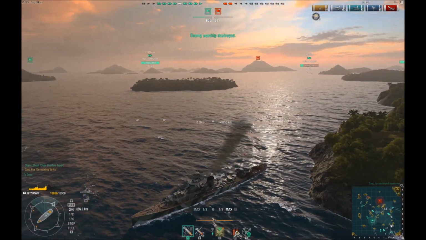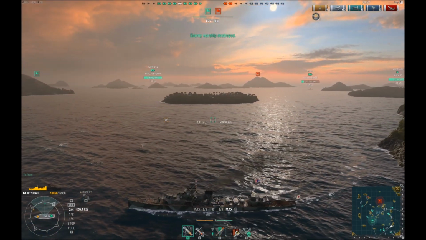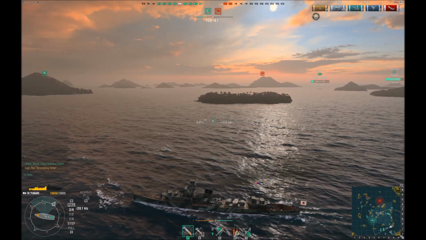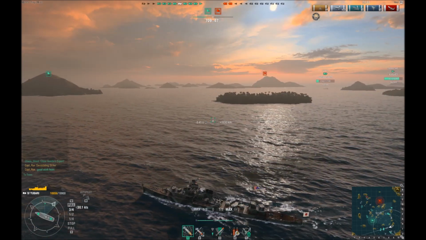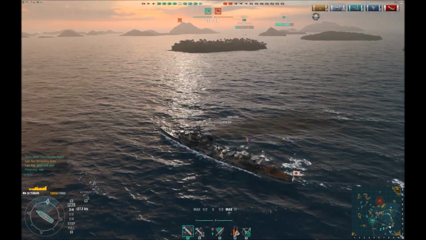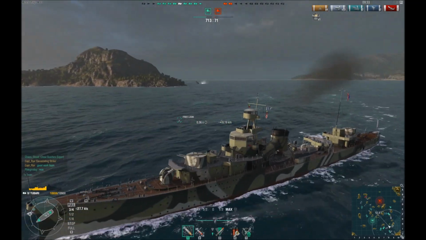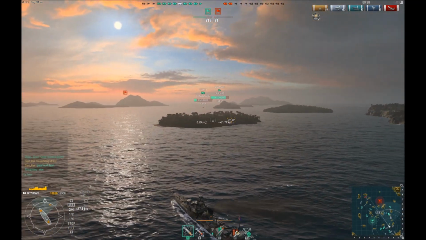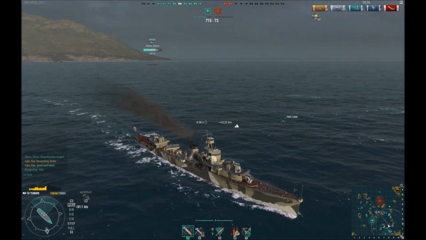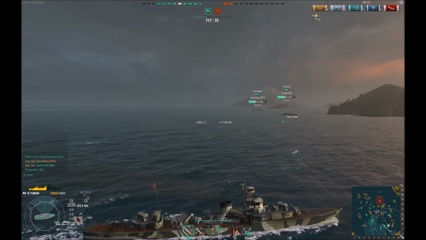The other cool thing about the Yubari that you might notice, one of the consumables that I have down in the corner, is an anti-air defensive fire consumable. The Yubari at Tier 4 gets this option. Well, her anti-aircraft guns aren't particularly good by any stretch of the imagination. I mean, the Phoenix has got better anti-aircraft fully upgraded. She does have decent anti-aircraft for Tier 4, and having that defensive fire consumable means that when you're playing against